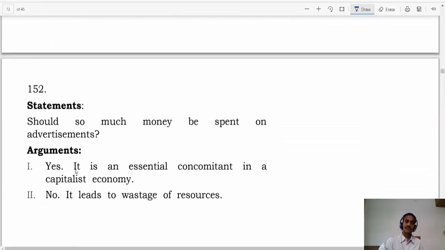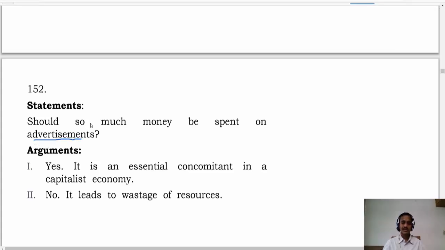Next one 152. Should so much money be spent on advertisement? As advertisements మీద ఎక్కువ డబ్బులు మనం స్పెండ్ చేయాలని అడిగాడు. Whether so much money should be spent upon, yes or no. It is an essential concomitant. Okay, concomitant. What do you mean by this one? Concomitant means it is going along with this one. Essential concomitant in a capitalist